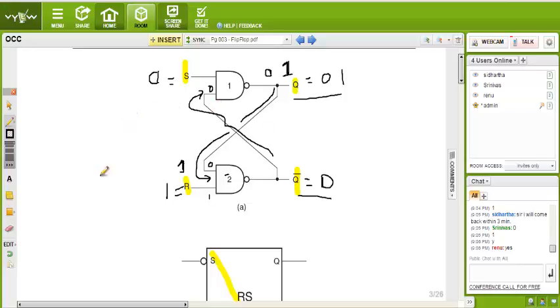Now see what happened when the value S is equal to 0 and R is equal to 1 is given. Now your output Q is 1 and Q bar is 0. Q is 1 and Q bar is 0. Actually